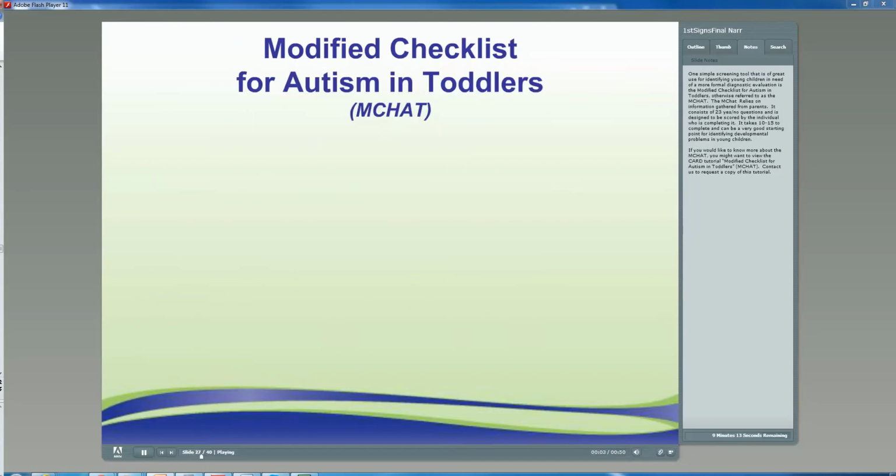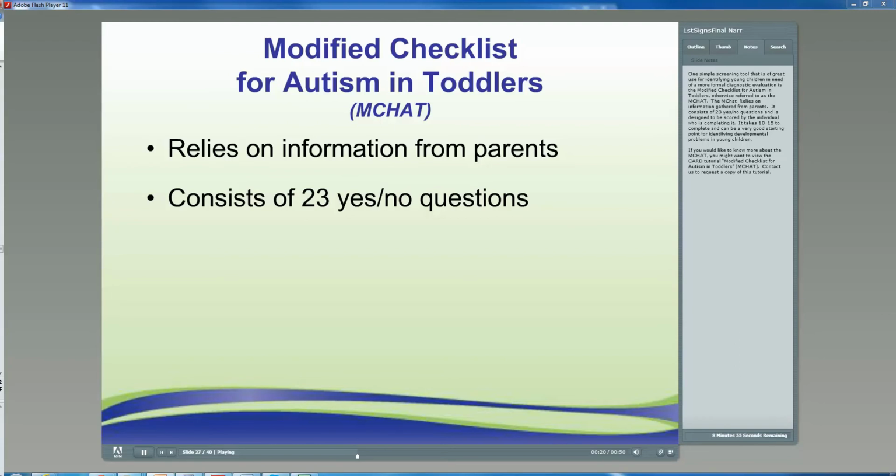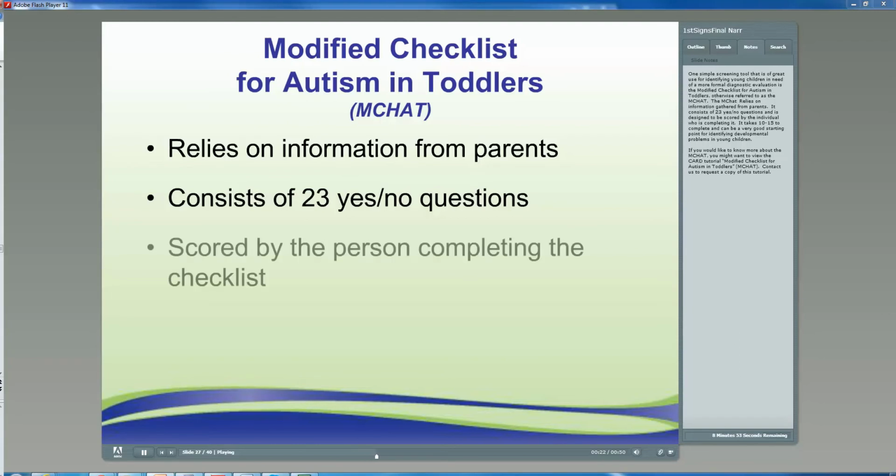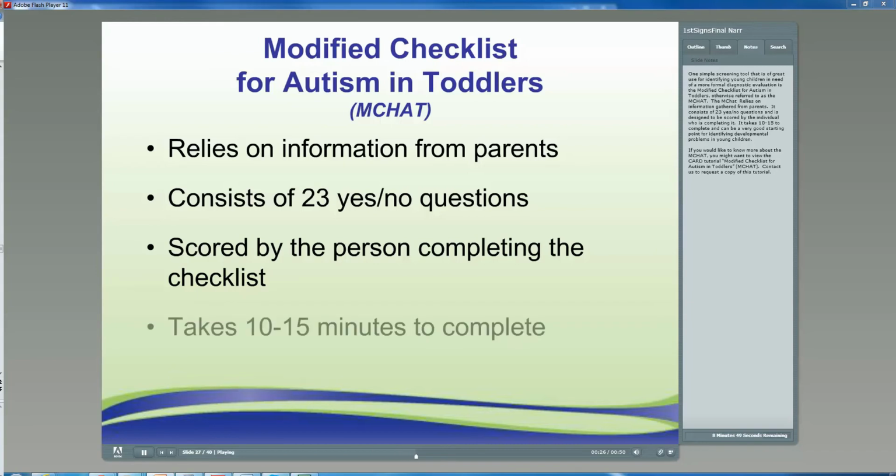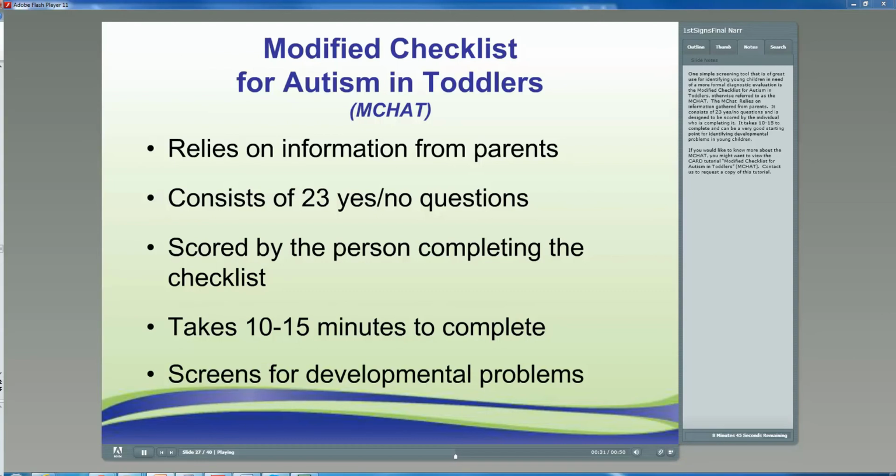One simple screening tool that is of great use for identifying young children in need of a more formal diagnostic evaluation is the Modified Checklist for Autism in Toddlers, otherwise referred to as the MCHAT. The MChat relies on information gathered from parents. It consists of 23 yes-no questions and is designed to be scored by the individual who is completing it. It takes 10 to 15 minutes to complete